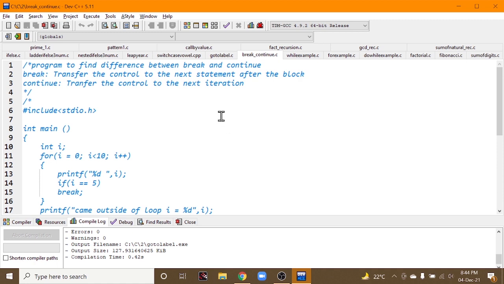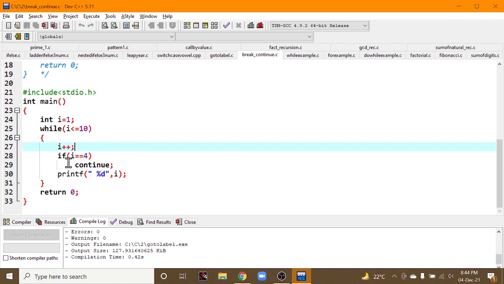Just now we have discussed that break is nothing but moving the control out of that loop, iteration or block. What is continue? Continue, as the name itself says, means the control must not move out of that block. The control must not execute the next statement or the corresponding statement. It must iterate, it must repeat, or go back to its previous statement, but the next statement must not execute. So you can check it clearly.